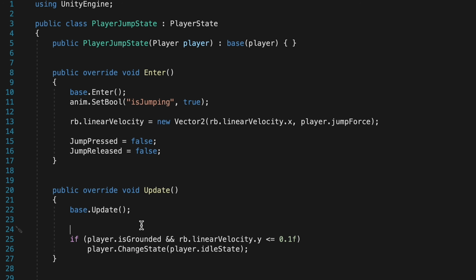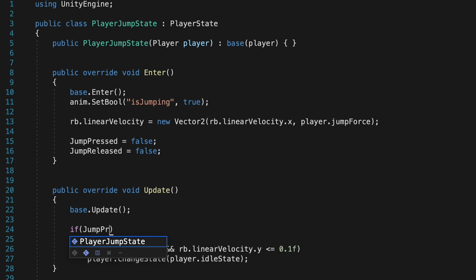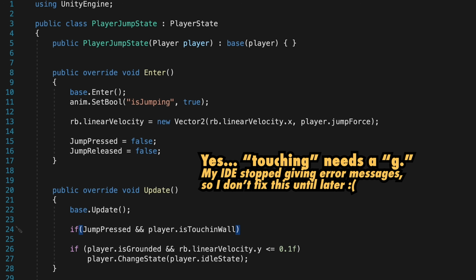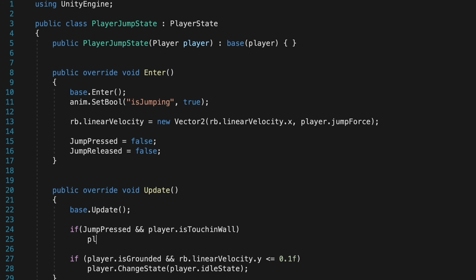Let's head up above this and just add another check. So here we're going to check to see if jump has been pressed. And here we're going to go to our player and we're going to need to call a method that doesn't exist yet, as we need to check whether or not our player is currently touching a wall. If that is the case, we're just going to tell our player to change state to the player wall jump state,